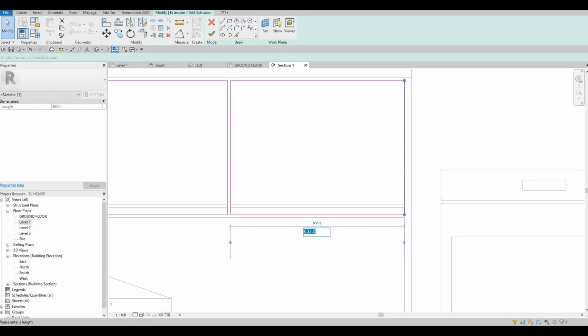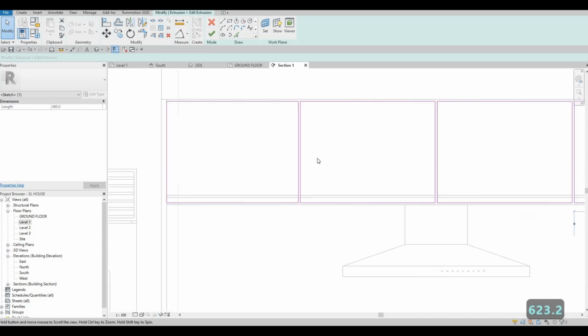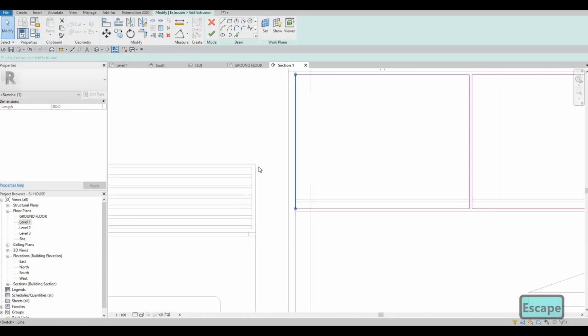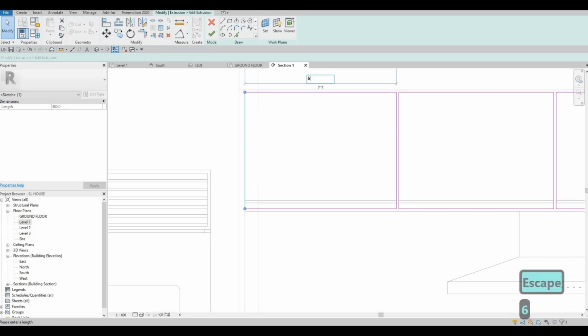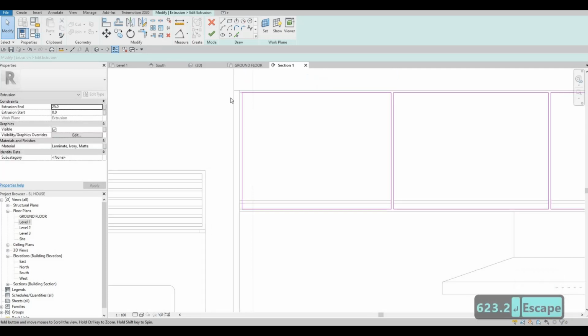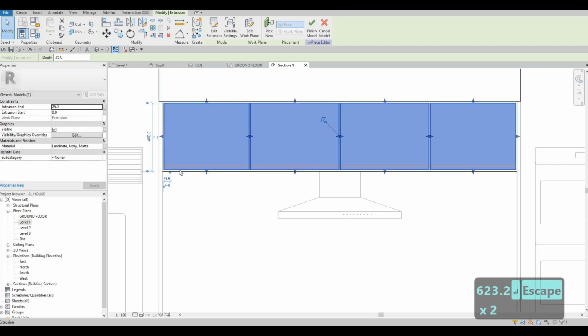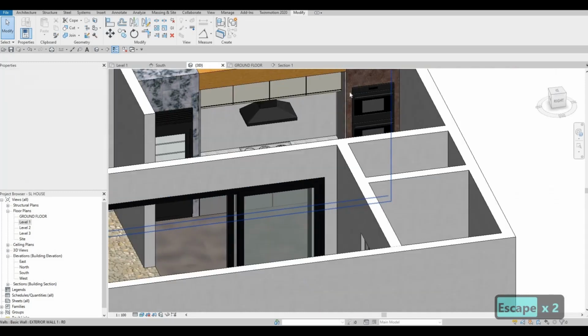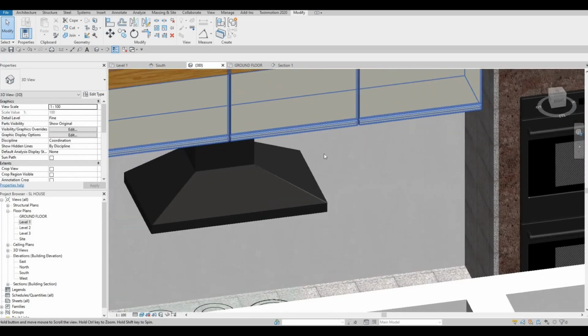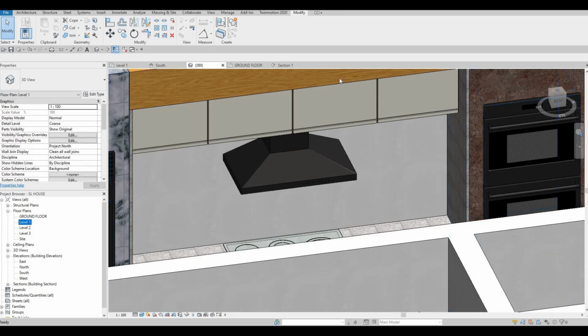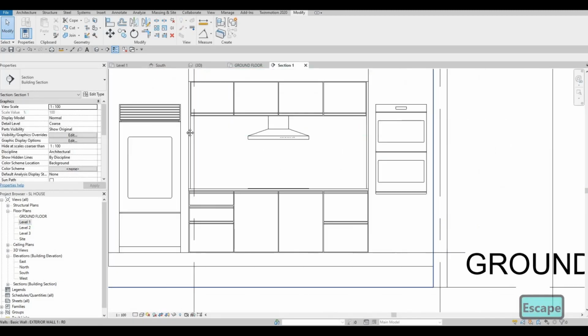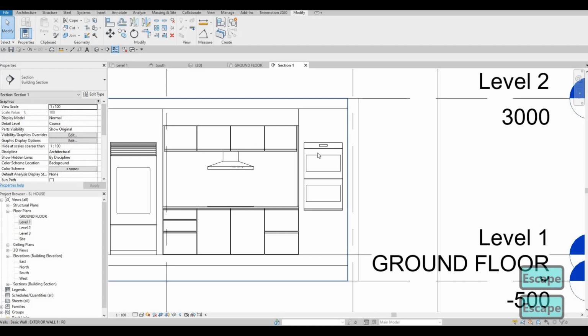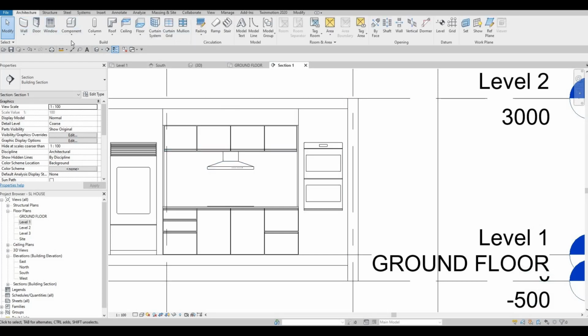-10, so 623.2 here as well, 623.2, so -10 on those, and then we have our extrusion right there. So that's good. And then go back to section again, and we're going to add in our backsplash. So let's go and add,